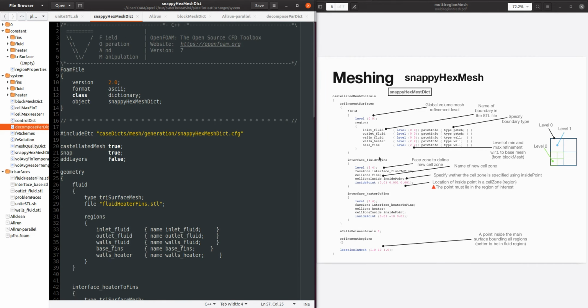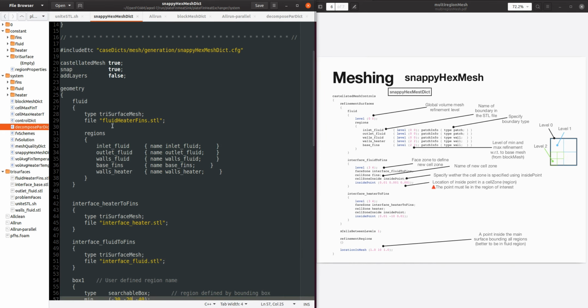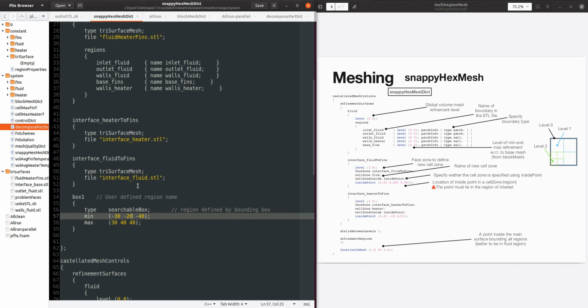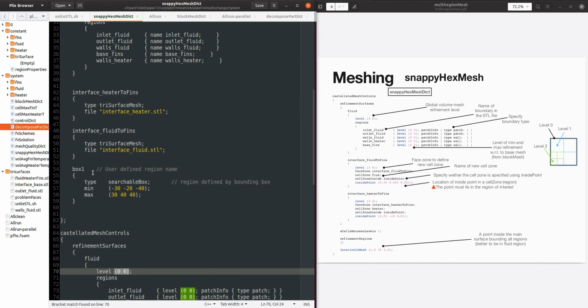So we have defined the fluid region and the interfaces, but we might want to add, for example, a refinement region where we want to have a specific mesh size inside the volume mesh. For example, here I have defined a box where I want a different mesh size than my global level of 0 0 in the whole domain.